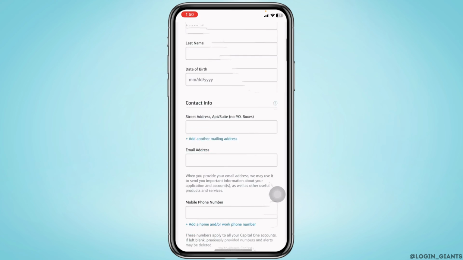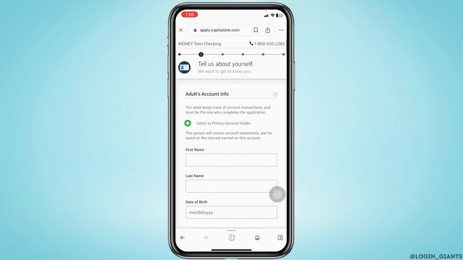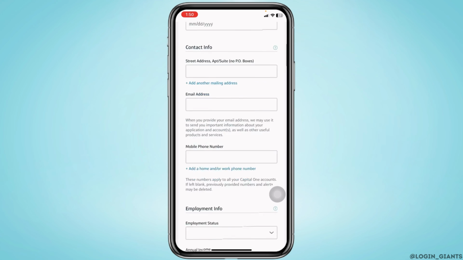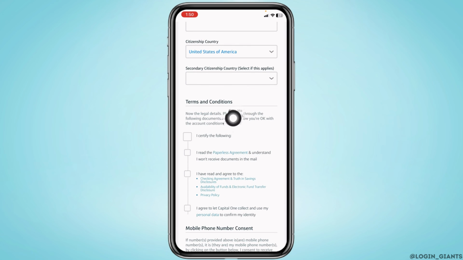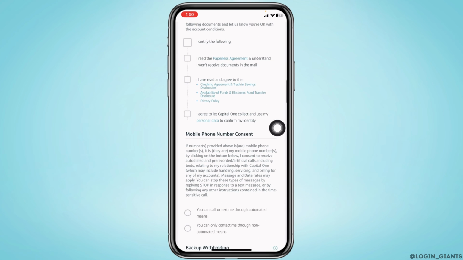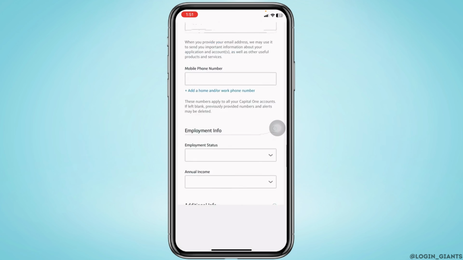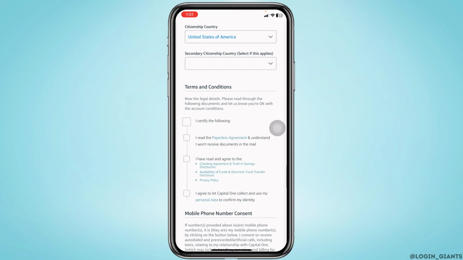Now you have to fill this online application. You have to provide all the details of yourself. That includes your personal info, contact info, likewise employment info and some additional info. Also, you have to agree with the terms and conditions of the bank. After you provide all the details, you can click on the option of submit, and with that you will be